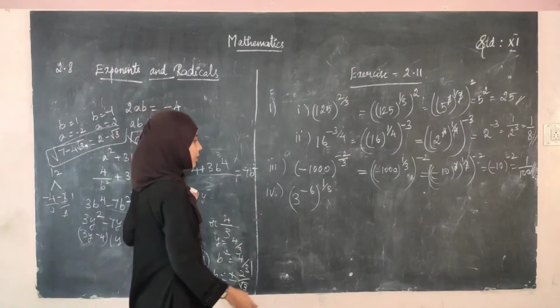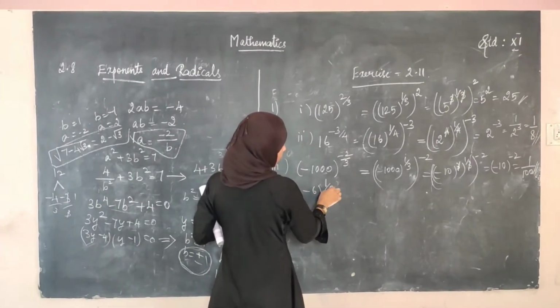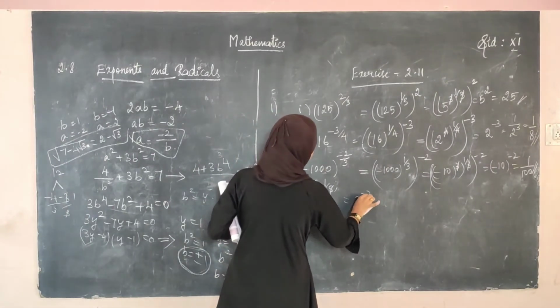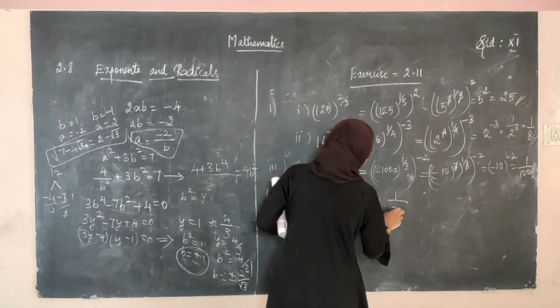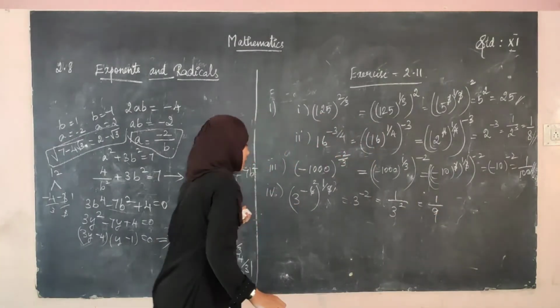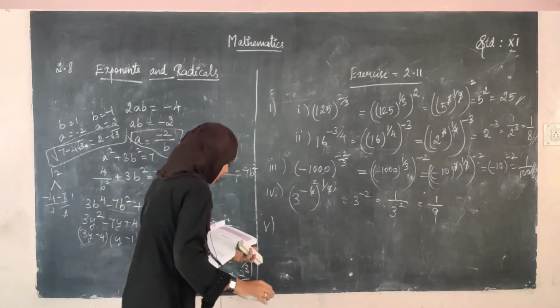Okay, now what we can do, divide this 1 and this is 2. The remaining is 3 power minus 2, which can be written as 1 divided by 3 square, which is equal to 1 divided by 9. And see the fifth subdivision,